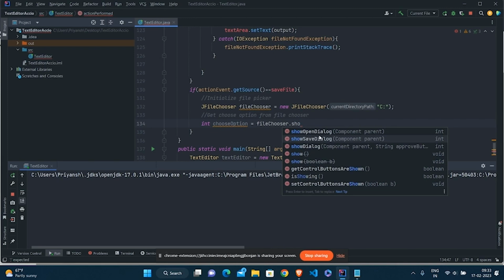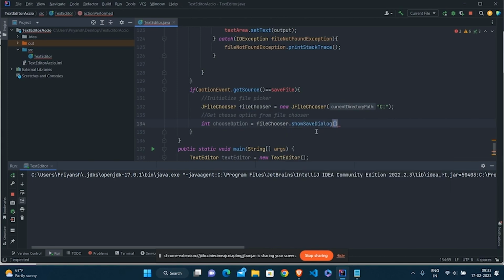In the last part, we used show open dialog because it shows an open button as the approve option. Now, show save dialog shows a save button as the approve option, so you will notice the difference here. We have to put the component parent to be null.